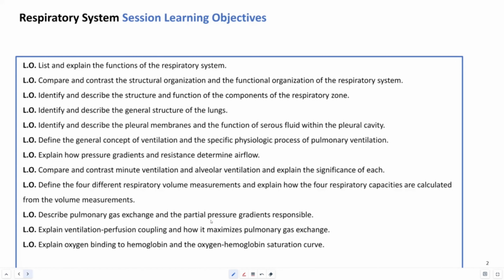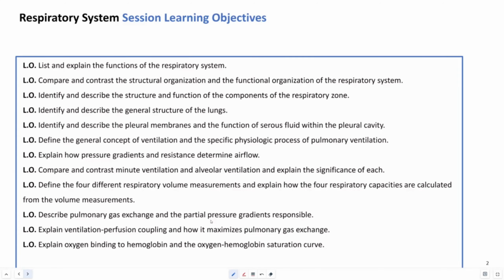We'll list and explain the function of the respiratory system, compare and contrast the structural organization and the functional organization of the respiratory system, identify and describe the structure and function of the components of the respiratory zone, identify and describe the general structure of the lungs, identify and describe the pleural membranes and the function of serous fluid within